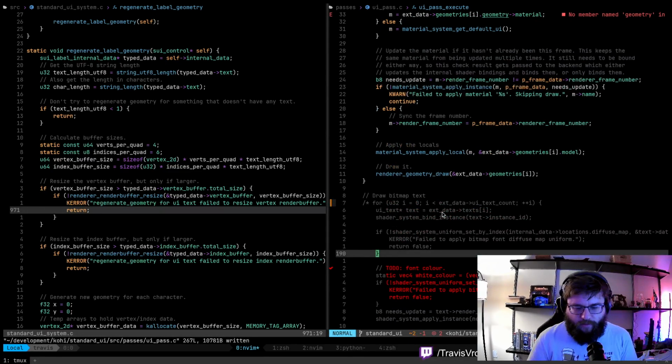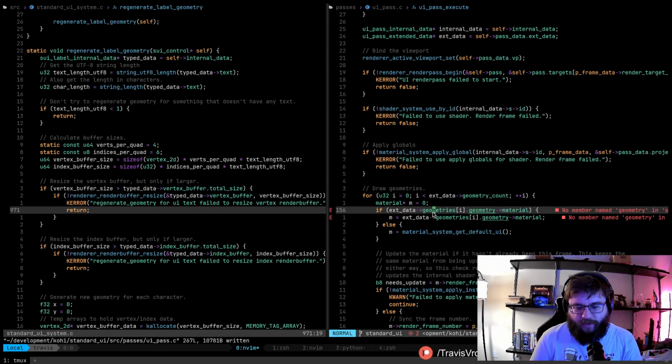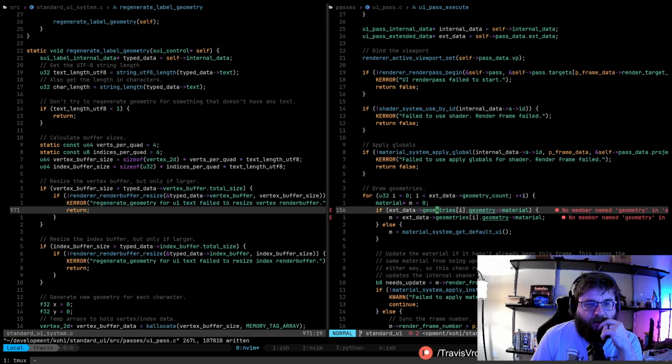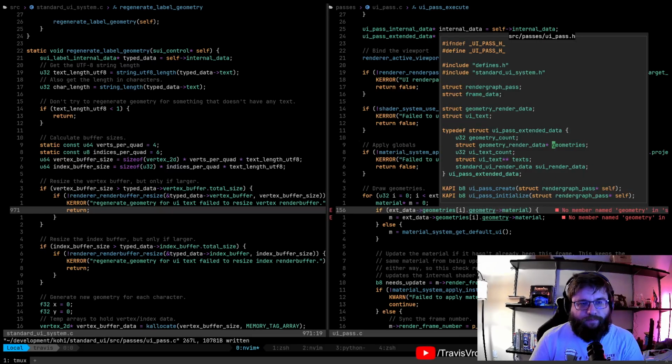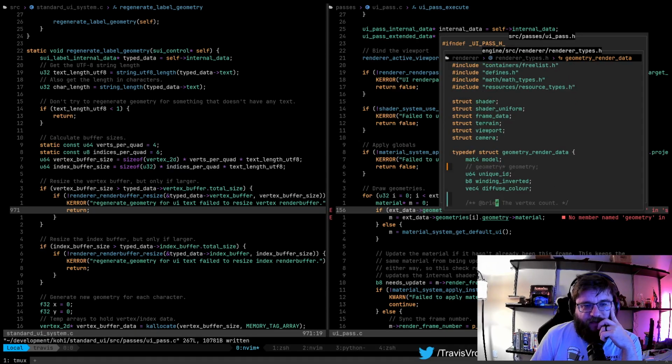Okay. So let's work through all the issues in here. So these geometries are geometry render datas, right? Oh, okay. So this is something I didn't consider. So when I made this change to this, where I got rid of the geometry pointer, I also got rid of the geometry's material pointer. Which is something that we need to address,